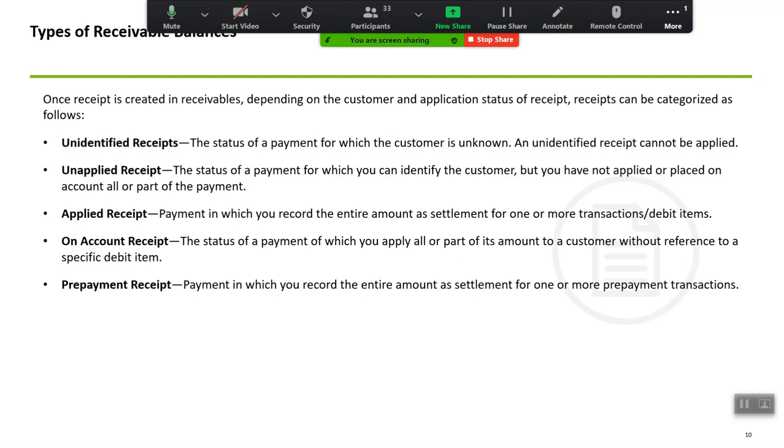So then that particular information is going to be updated as a part of applied receipt. On account receipt is when I neither want to apply it onto a particular invoice nor keep that as an unapplied part. So I would want to hold that particular amount in a particular account, then I would on account it. There's a specific process to push the balance from unapplied to on account. But yeah, when you try to push that particular balance from unapplied to on account, that particular process is called on account receipt. The status of that payment would change to on account. And prepayment is when you're trying to settle your prepayment transactions as that of your invoices.